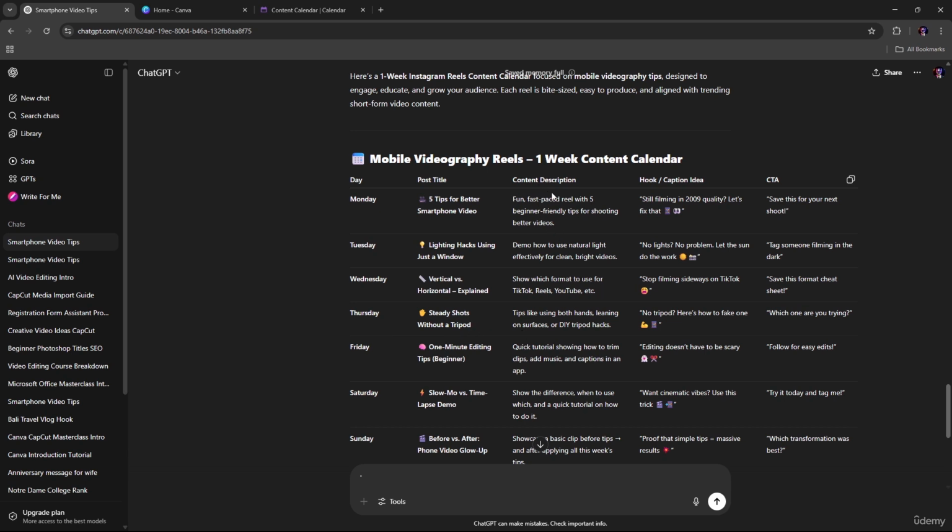And also the content descriptions, kind of the tips like using both hands, leaning on a surface, or DIY tripod hacks. And also hook and captions idea: no tripod, so here's how to fake one. And call to actions: which one are you trying? And Friday is the post titles, it could be like 1 minute editing tips, and this is for the